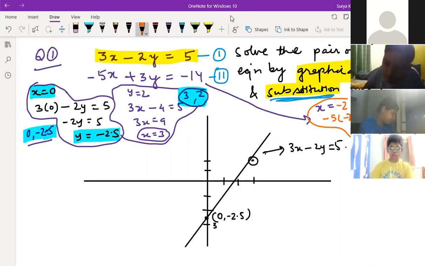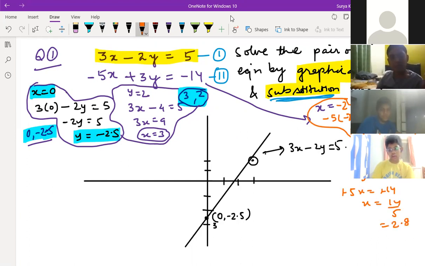Okay, now the second one. What value of y should you put so that you will get a proper x here? y is equal to what should you put? If y is equal to 0, you're getting 14 by 5. 14 by 5 is also no problem at all. y is equal to 0, you can put, no problem. So we'll get minus 5x is equal to minus 14, right? So x is equal to 14 by 5. So we'll get 5 twos are 10, 10 2.8, correct? The 2.8 you can mark because there are 8 partitions, right? The 2.8 is proper only.